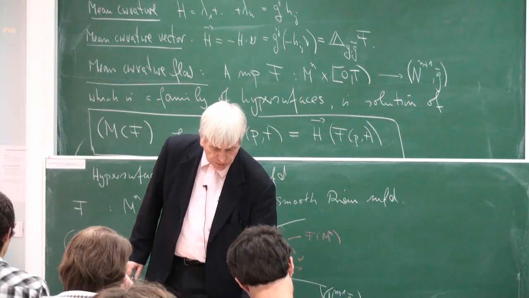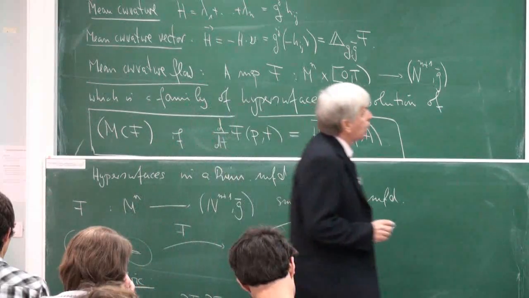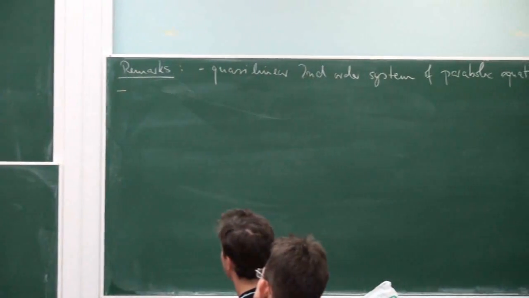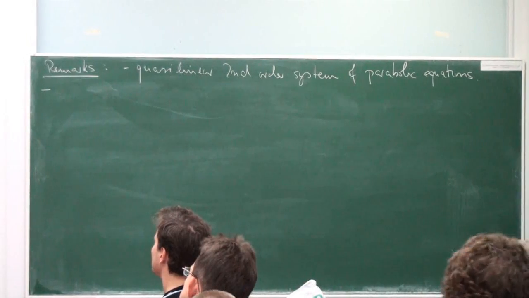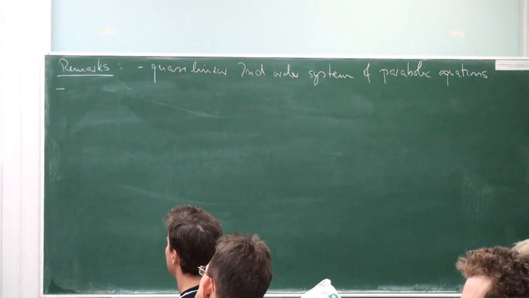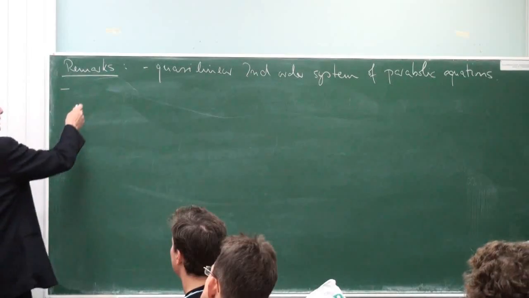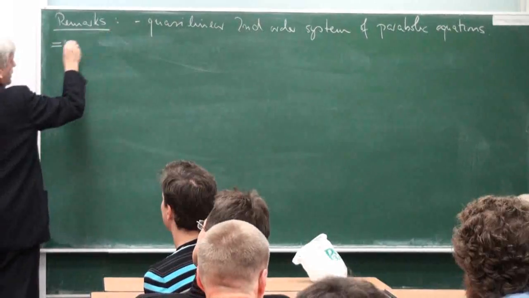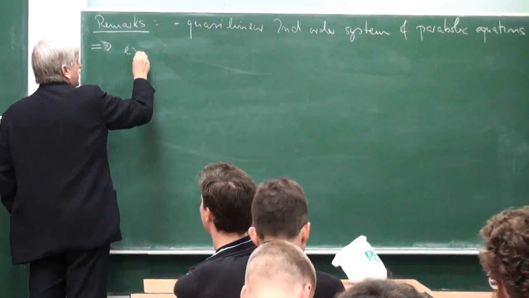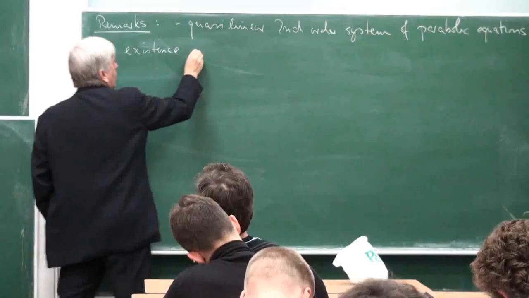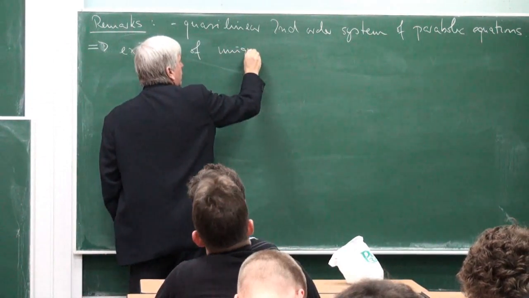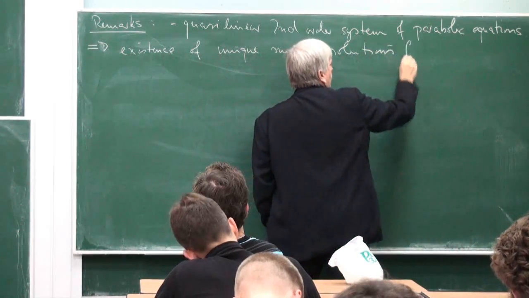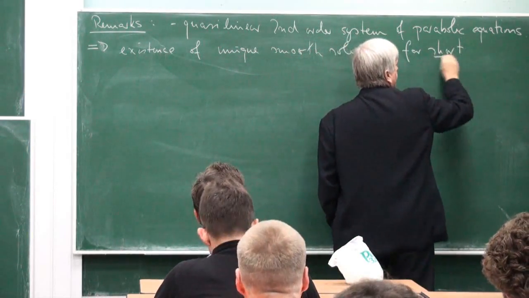Now, let me make some more remarks. Because it's a quasi-linear second order system, you can always get a unique solution if you have sufficiently smooth initial data. So I'm not going to talk about the short time solution problem in this course. So just believe me that from this fact here, you can prove that there is existence of unique smooth solutions for short time, only for short time,